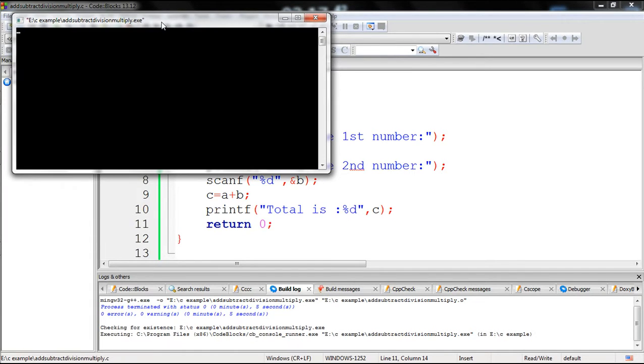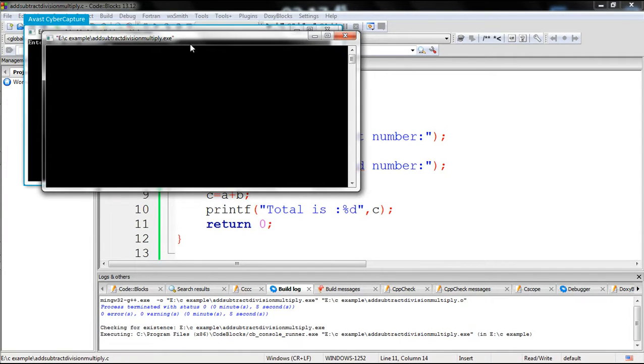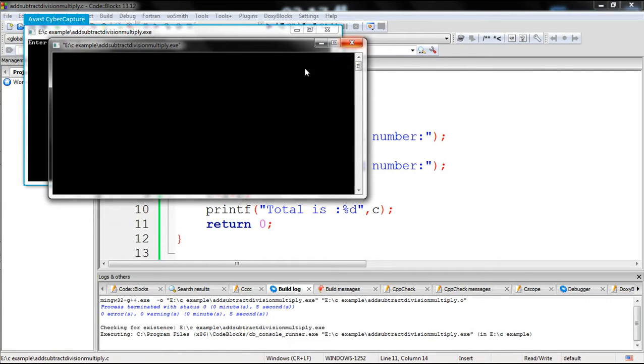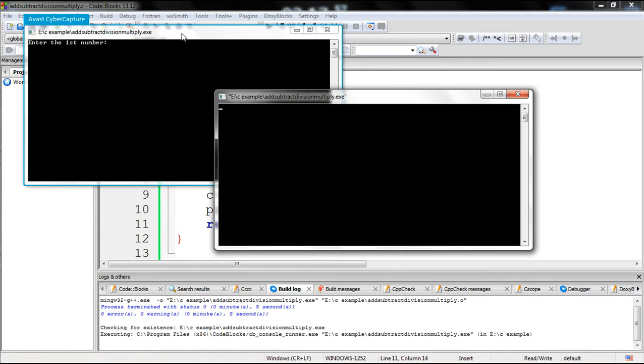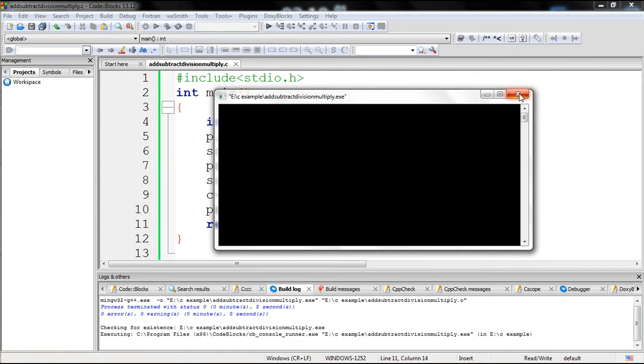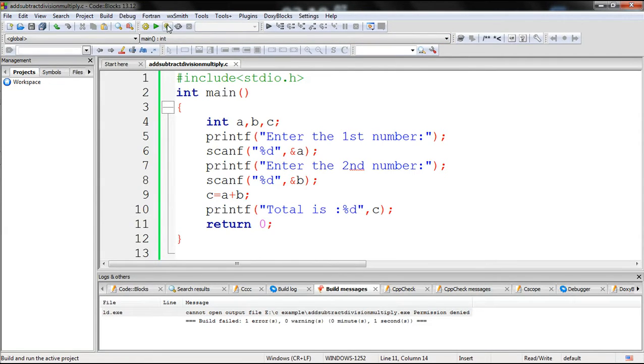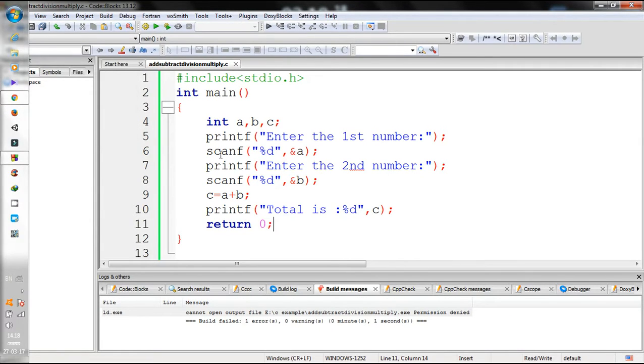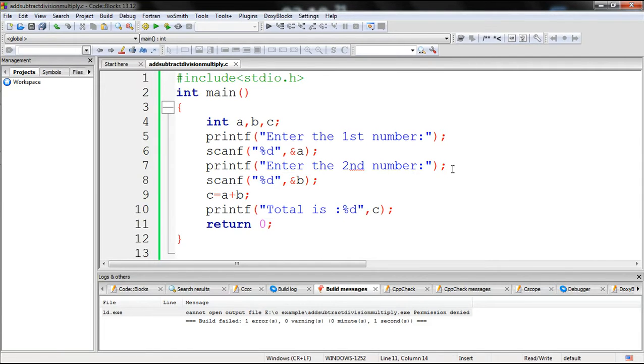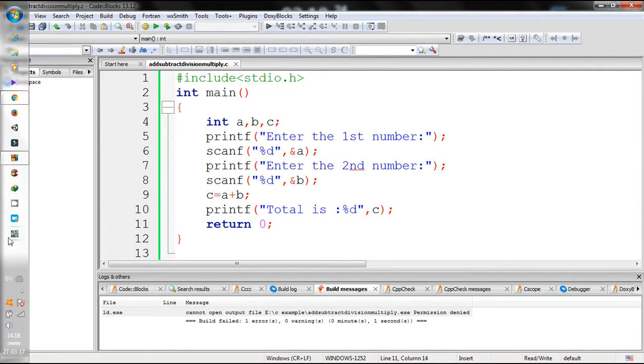Okay, this is taking too long. What is going on? Oh, this is the Avast. Okay, anyway, just give the input. What is going on? Okay, now rebuild again. It isn't showing anything. What is the problem, guys? Is there any problem in the code? I didn't think so, but